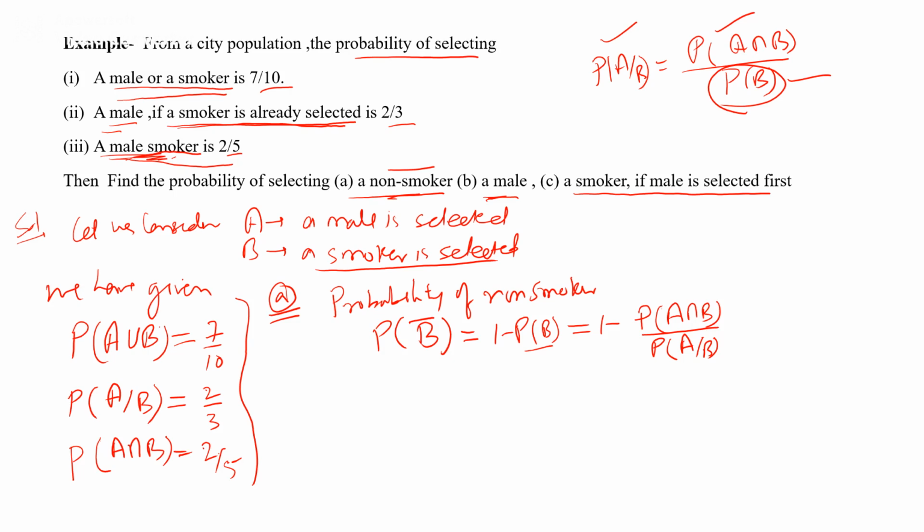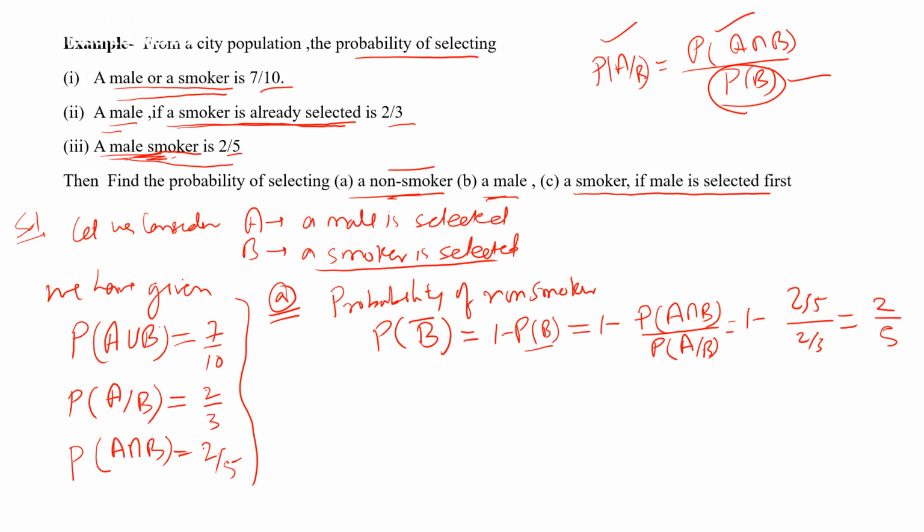So here we get 1 minus, sorry, that's not 2 by 5, that is A intersection B is 2 by 5, right? So 2 by 5 and A given B is 2 by 3. So on simplifying we get